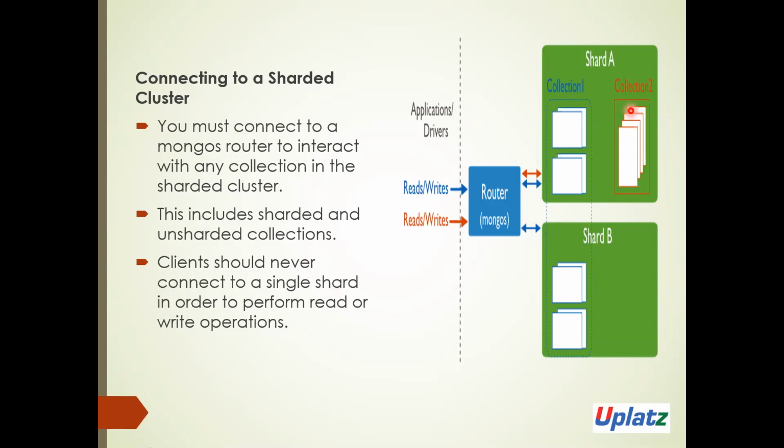If it is a sharded collection, it will spread the collection all over the cluster. If it is an unsharded collection, it will store it as a primary. So this is stored as a primary, and here it is spreading that collection. This is how we can connect to the sharded cluster. For that, we need a sharded and unsharded collection in it.